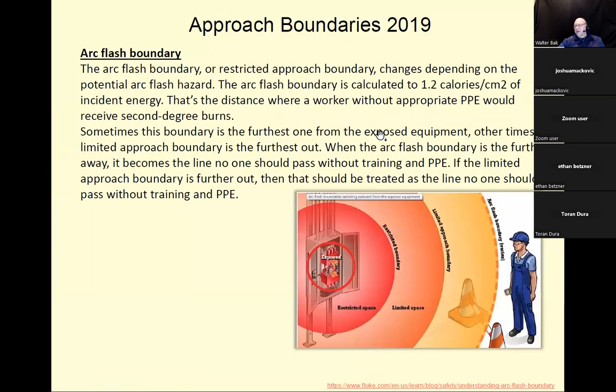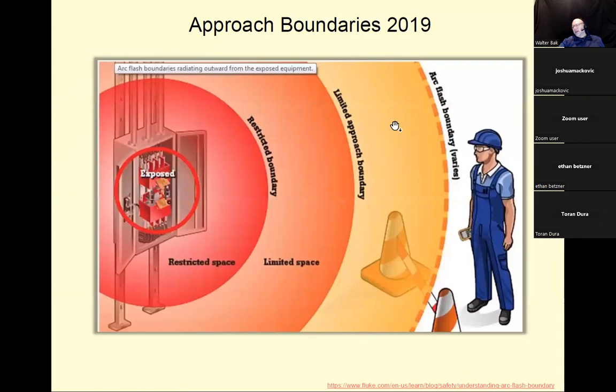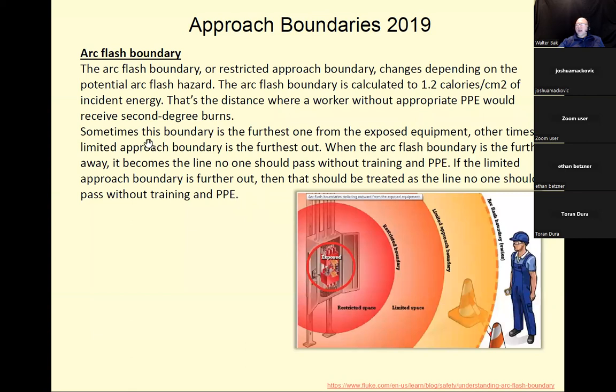So what do we have here? We have the arc flash boundary and the limited approach. So we have a limited approach boundary, a restricted boundary, and restricted space, right? Limited and restricted, okay? All right, so the arc flash boundary here. The arc flash boundary or restricted approach